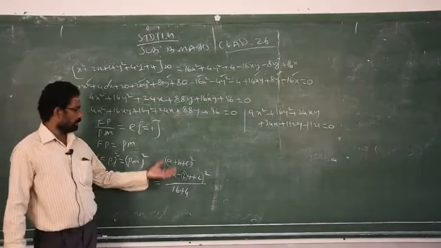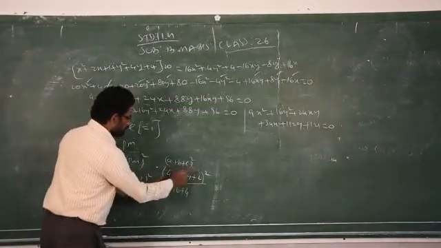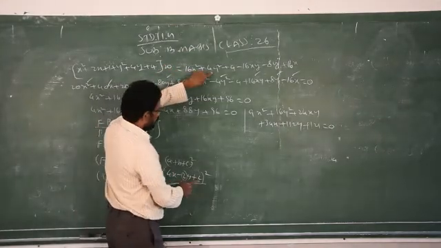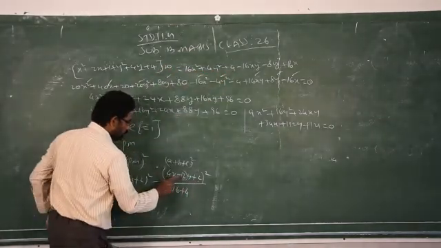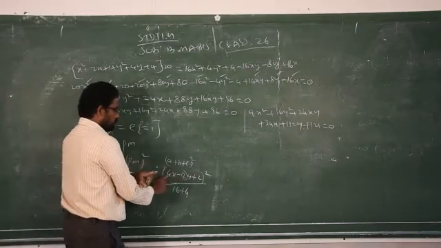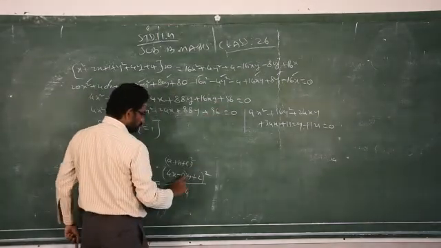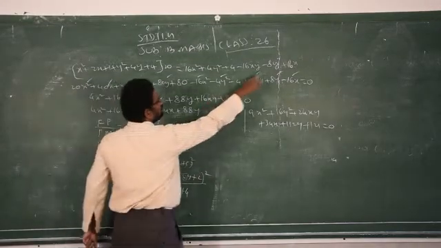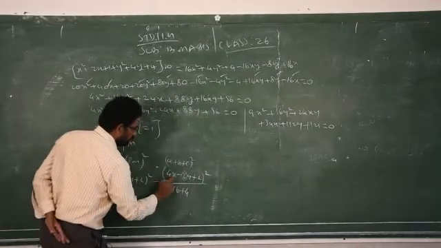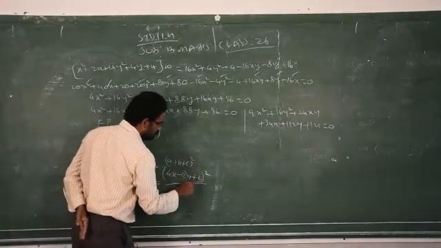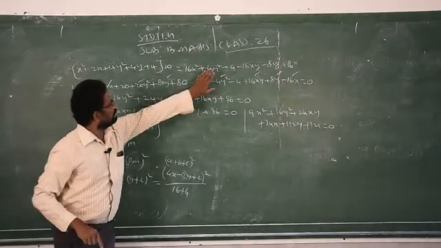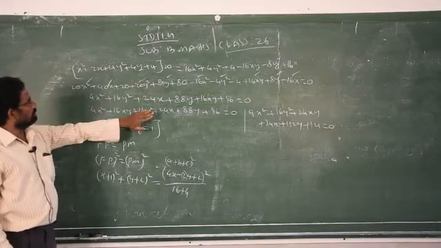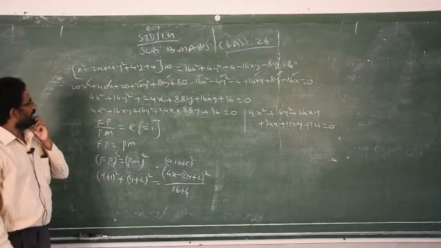So you have to check again. Be careful while expanding this one. Square the first 3 terms: 16x square, 4y square, plus 4. Then you multiply these two, 4 2s are 8, again multiply by 2, 16xy. Then multiply these two, 2 2s are 4, 4 into 2, 8, minus 8y. Then multiply the first 2, 4 2s are 8x, 8x into 2, 16x. Then you have to transfer all the terms to the left side. Then you have to group the like terms and simplify, you will get the answer.